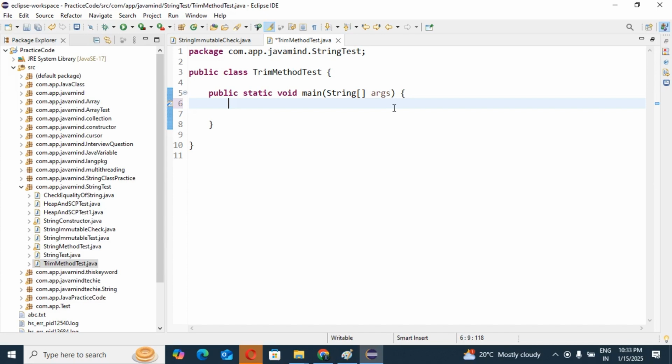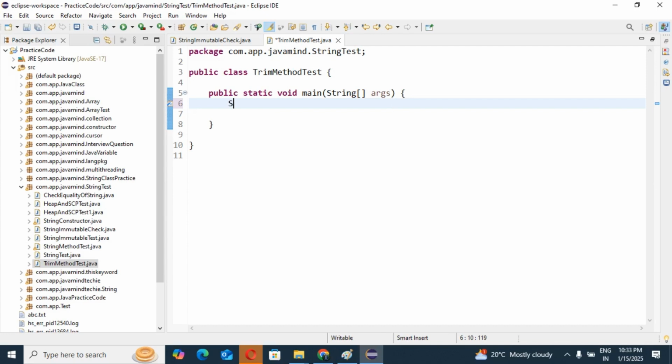Let's see our main motto for this application. We need to take the input from the end user. For that purpose you know very well, we need to create one Scanner object.